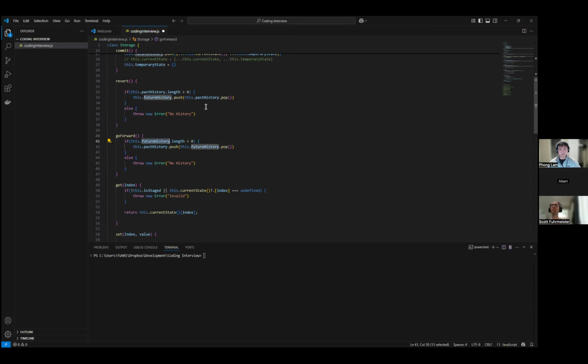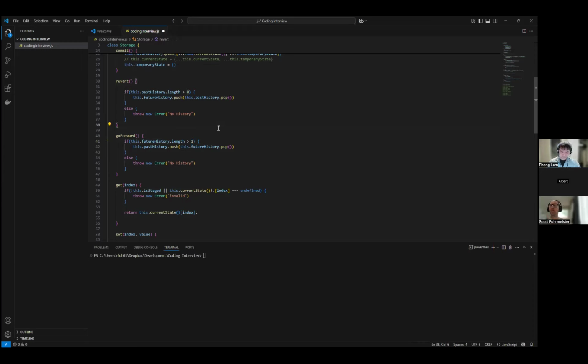So if you want to go forward and you're on the last element, then you can't really go forward. I'm not sure if zero is the right one here, because one means you're on the current one. So it's actually one.